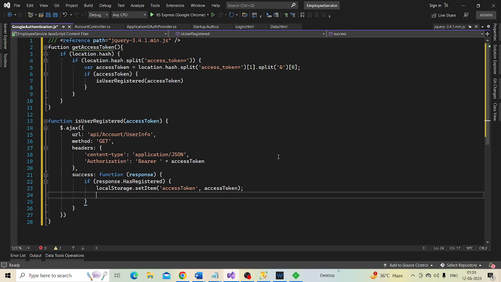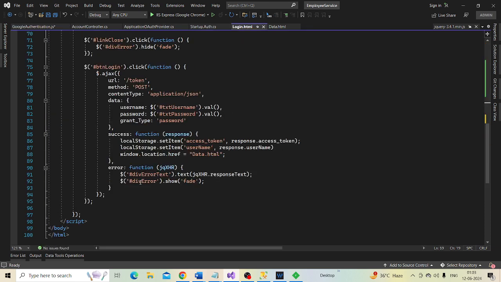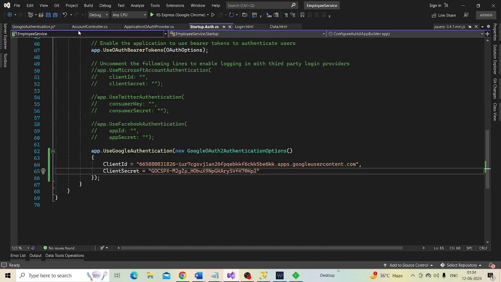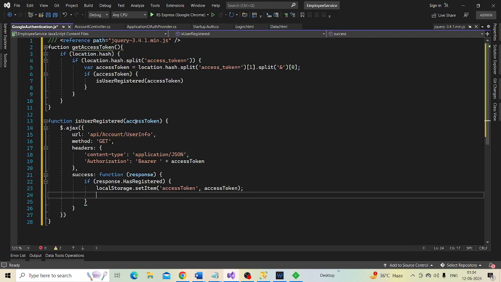And we are getting the access token from the parameter here.